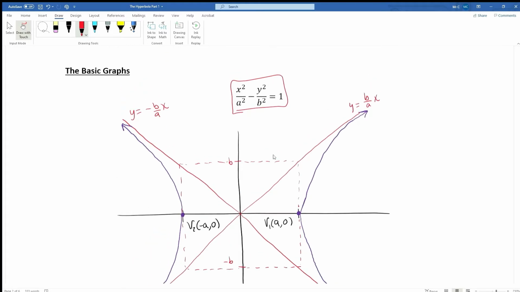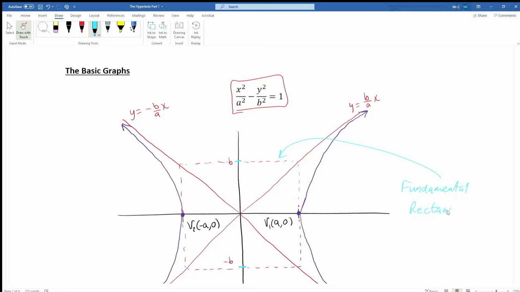If we go up a distance of b on the y-axis, which is our minor axis, and down a distance of b, we get this rectangle that we can draw using the vertices and these minor endpoints. And we call this rectangle the fundamental rectangle